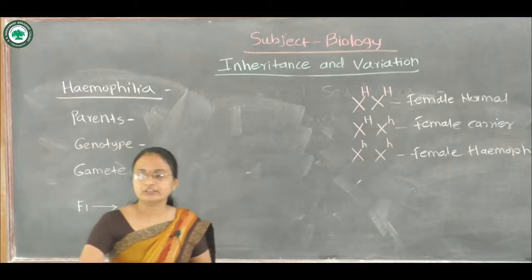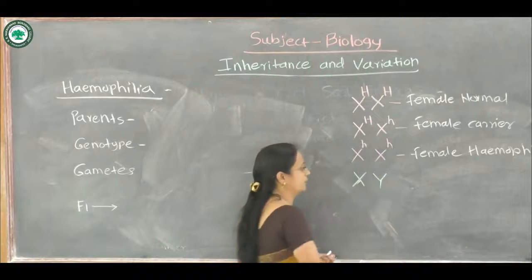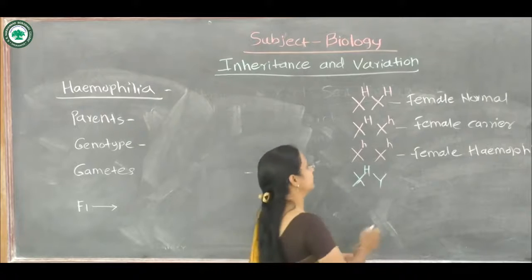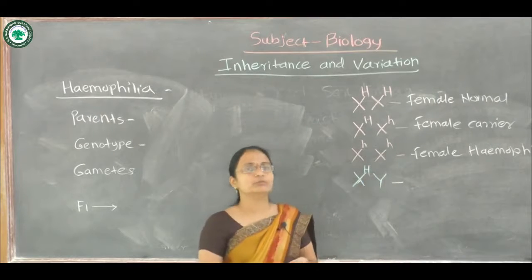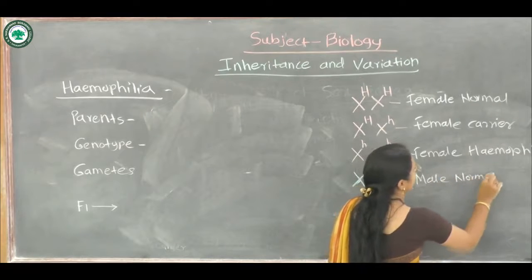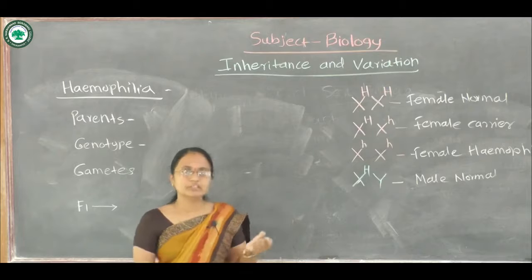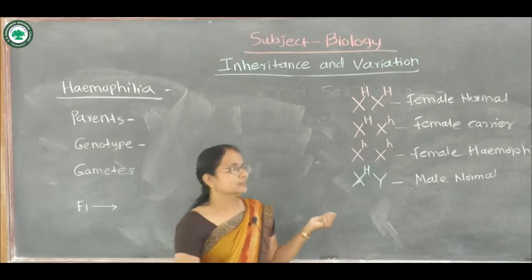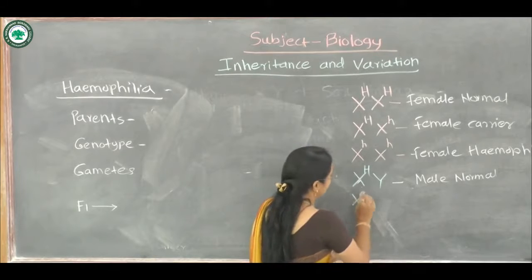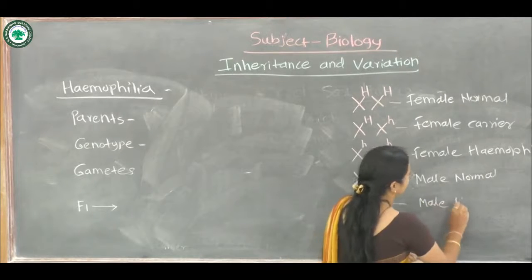The same applies to the male. The genotype of this male, we know, is X and Y. If that X carries the dominant gene, then that dominant gene is responsible for the normal condition. This male is normal. He is not suffering from the hemophilic condition, and males are never carriers. They are always suffering from the disease, because that is X-linked inheritance, or X-linked diseases. Now, suppose the recessive gene is present; at that time this male is hemophilic.